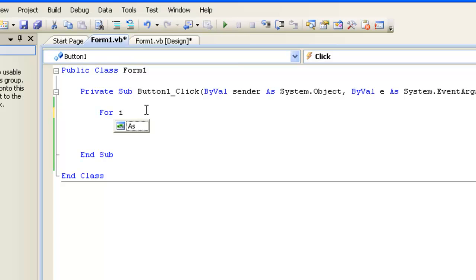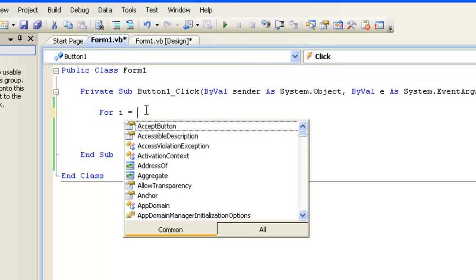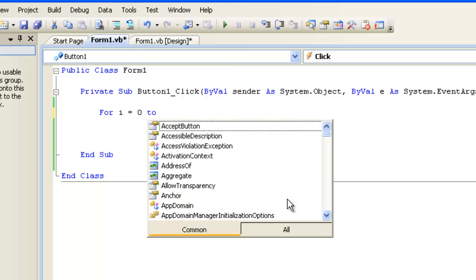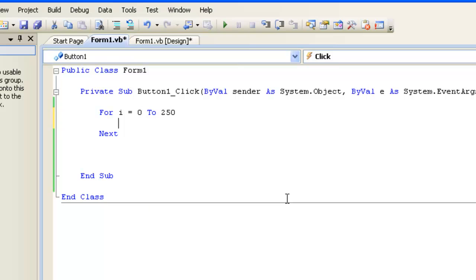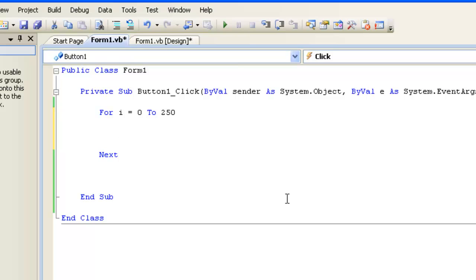So for I is, and then we say is equal to, in this case, we want to go all the way up from, was it 0 to 250? I don't know if it was 1 to 250. We'll start with 0. 0 to 250, okay? Because that's how many times we want to do this over and over again, right? And then I say, all right, each time that